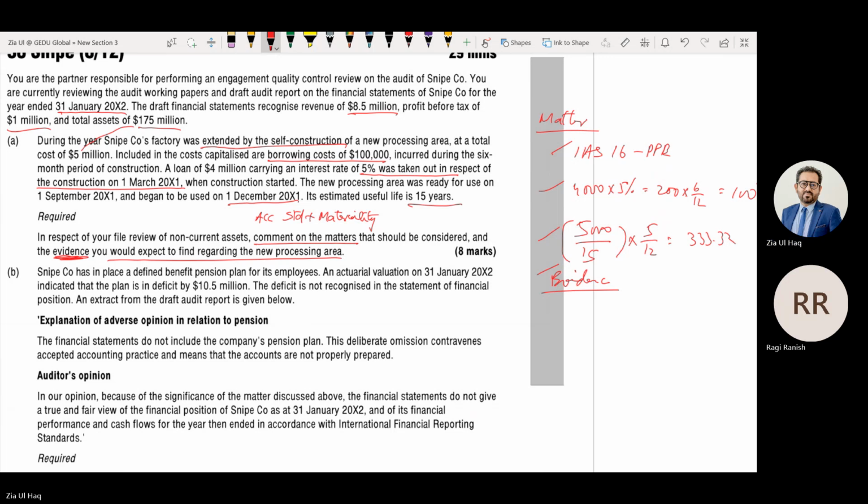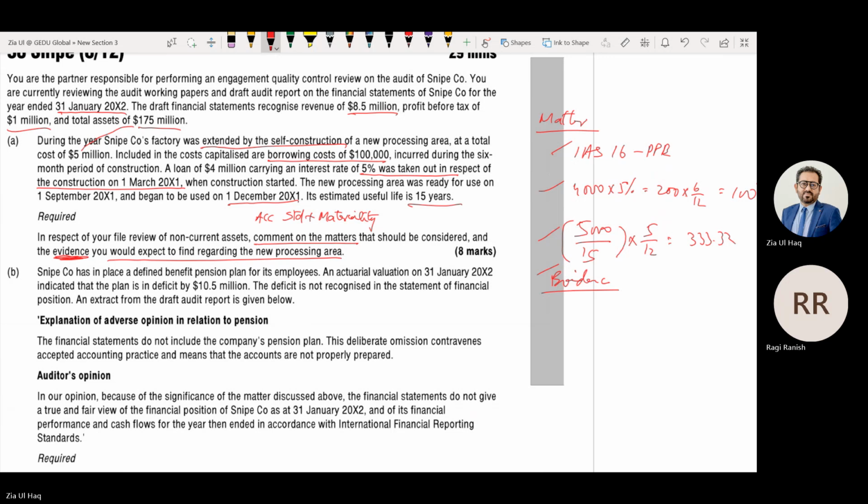What else? The borrowing cost, the loan amount was 4 million. How have we verified that 4 million, and the interest rate is also 5%? We performed the procedure of inspection of the loan agreement to verify amount, interest rate, and time period. So what is the evidence? Copy of loan agreement to verify amount, interest rate of 5%, as well as time period.